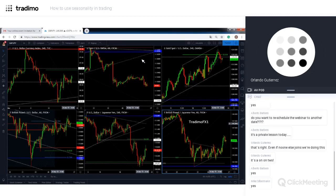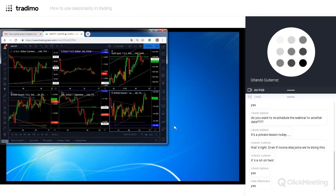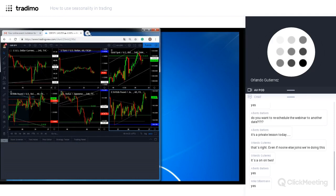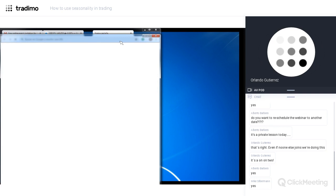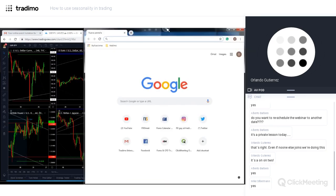All right, so I'm going to cut my screen in two. On one side we're going to have the charts, and on the other side we are going to have the economic calendar. All right, so let me just close our Slack channel here. That's right. We're going to get our chart in here, and a new window for our calendar. Now, we have an economic calendar at Tradimo that you can use, but